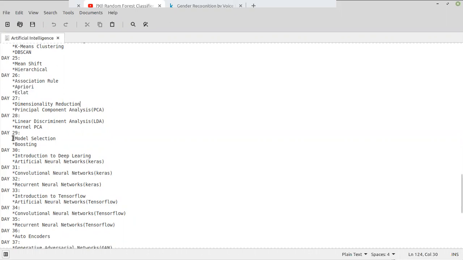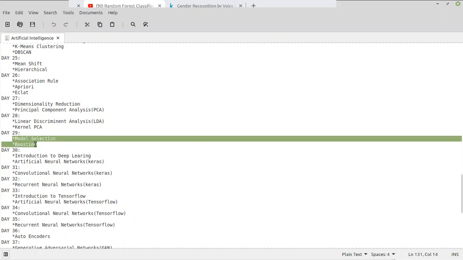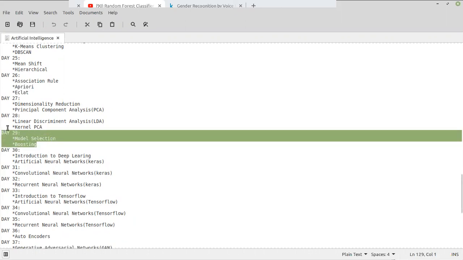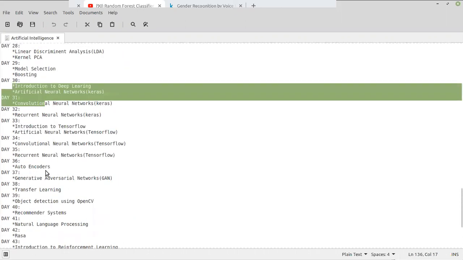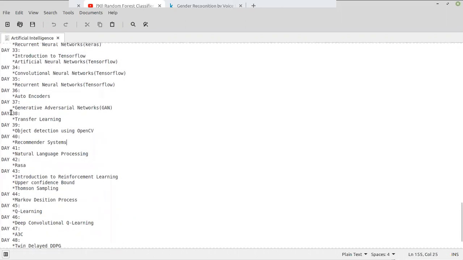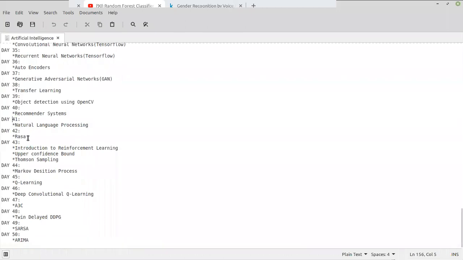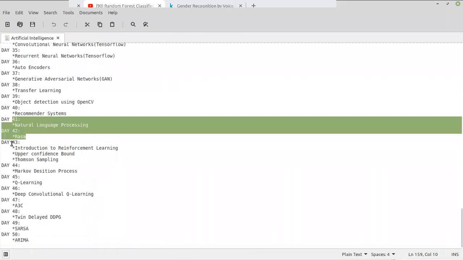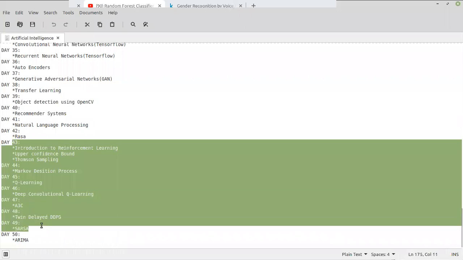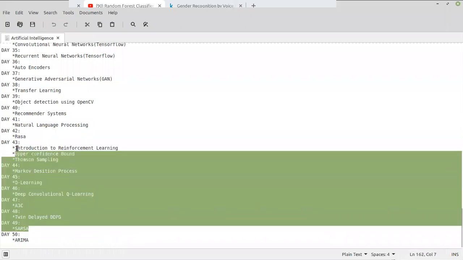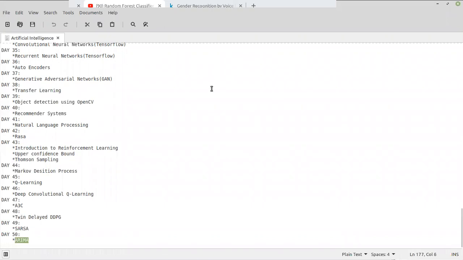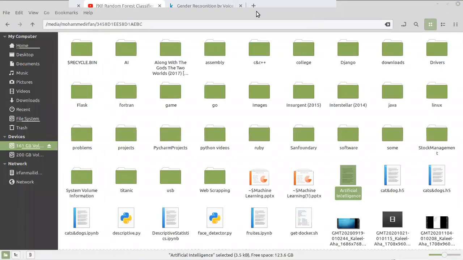And after day 29, this would be model selection and boosting. From this we'll come to the end of machine learning. After this we'll start deep learning from day 30 to 40. Day 41 and day 42 would be natural language processing, and day 43 to day 49 would be reinforcement learning. Day 50 is RMO, which is nothing but time series analysis. You can see. Yeah. So we'll see you tomorrow.